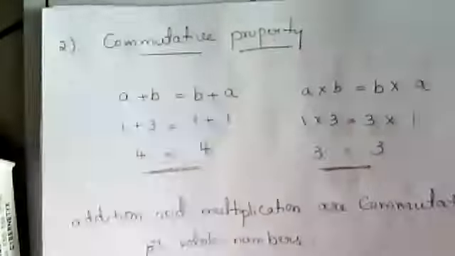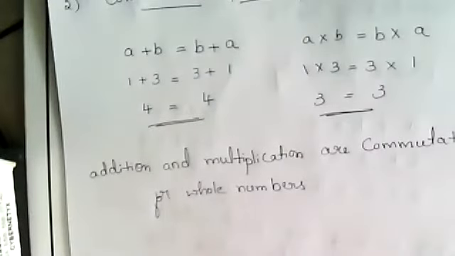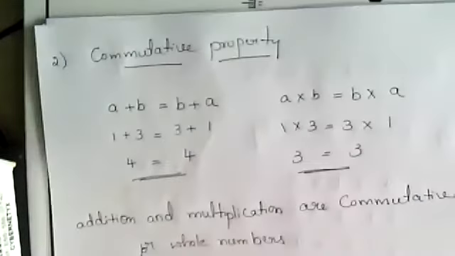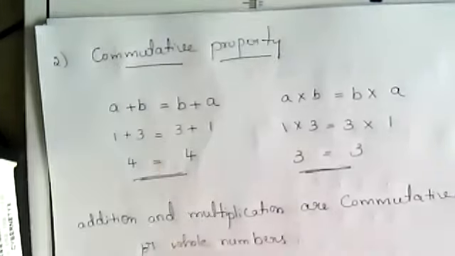Understand? Already you have learnt these. Just we are giving the name for the property. Commutative property. Already we have learnt in 3rd, 4th standard. When order changes, the sum doesn't change. Correct, Manjuna? When order changes, sum doesn't change. In multiplication also, when order changes, the product doesn't change. Correct? Same for that. Now we are giving the name commutative property.